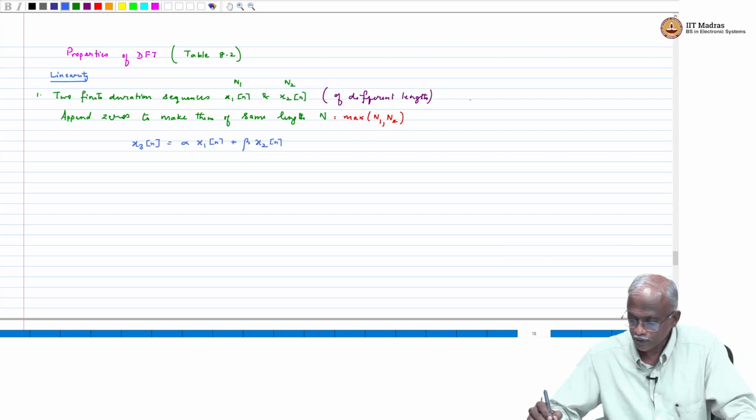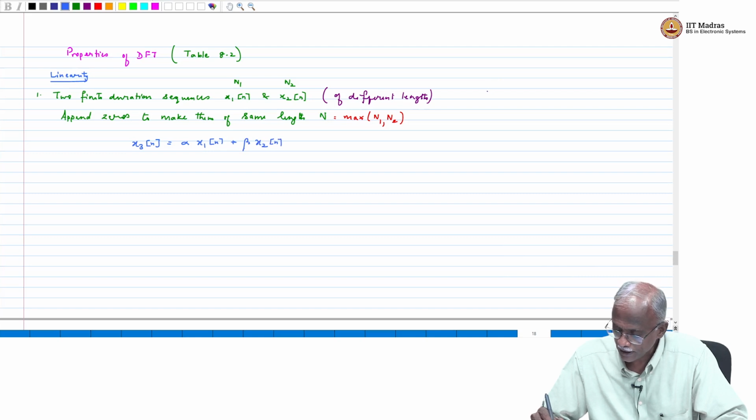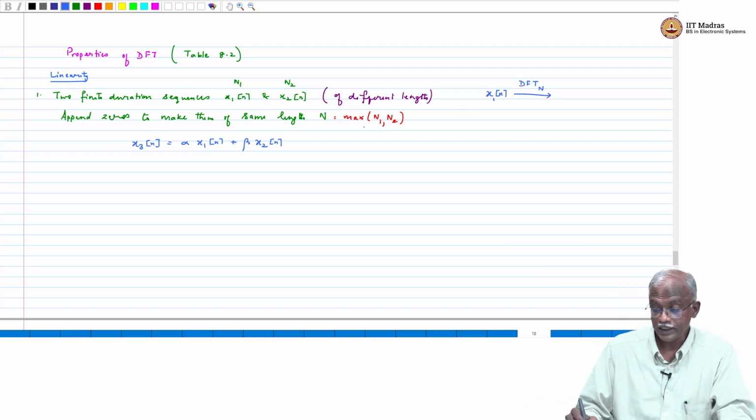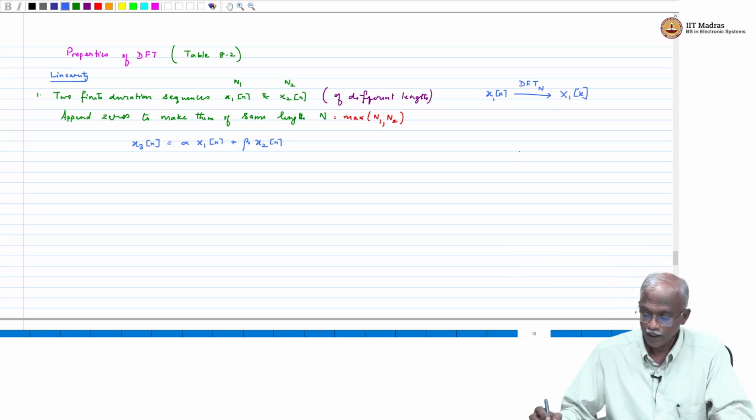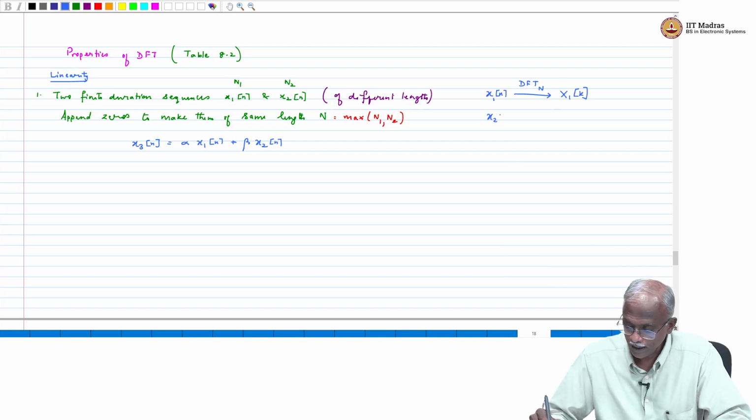So we are now saying that we have DFT relationships for x1 of n. This is the DFT of length N, not N1 or N2. It is the common length, and this is equal to X1 of k. Similarly, if you have x2 of n, which has a DFT of length N equal to X2 of